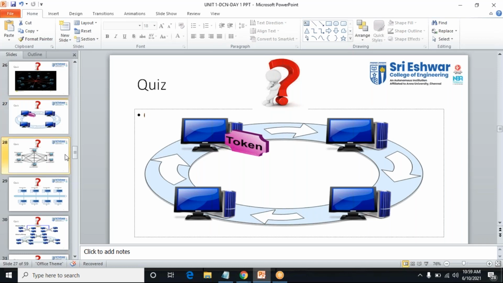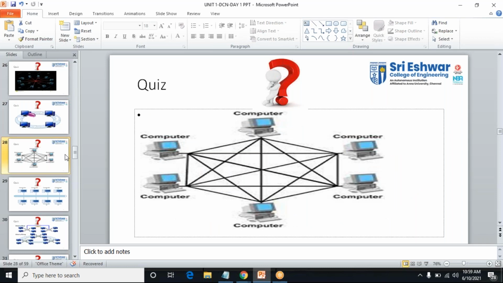Next question. What kind of topology? Yesterday we had a comment on this also, right? It's like a rangoli, you are saying. Yes, very good. It's a mesh topology. Very good, Geeta Devi, Praveen, Priyadharshini. As Subbalakshmi said, please all remember, it's like a rangoli. Just imagine the rangoli and remember this concept: the point-to-point dedicated link. It's like a star rangoli, right? I'm going to connect like this, the star.